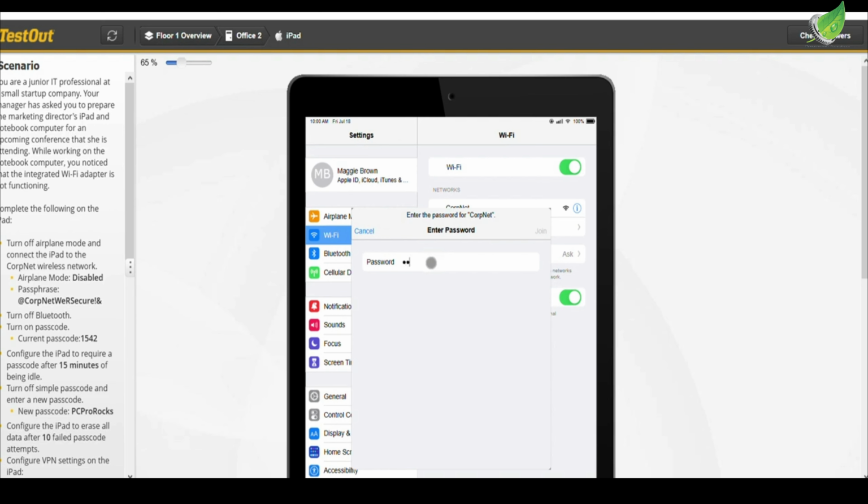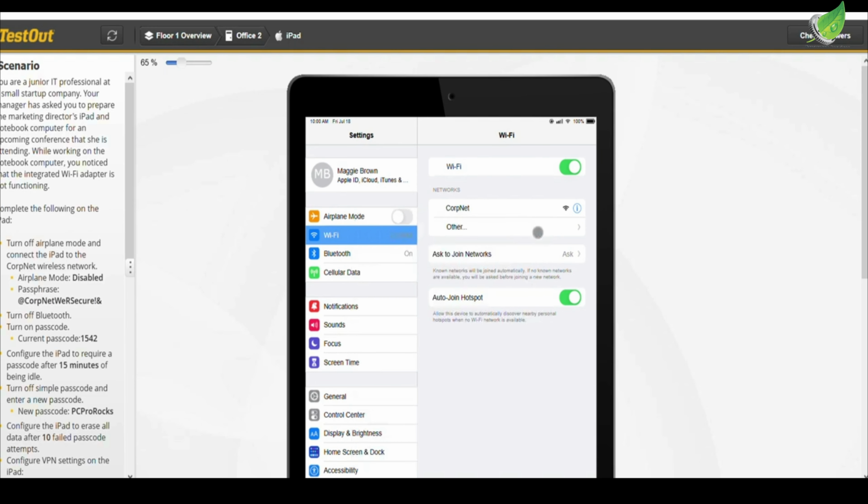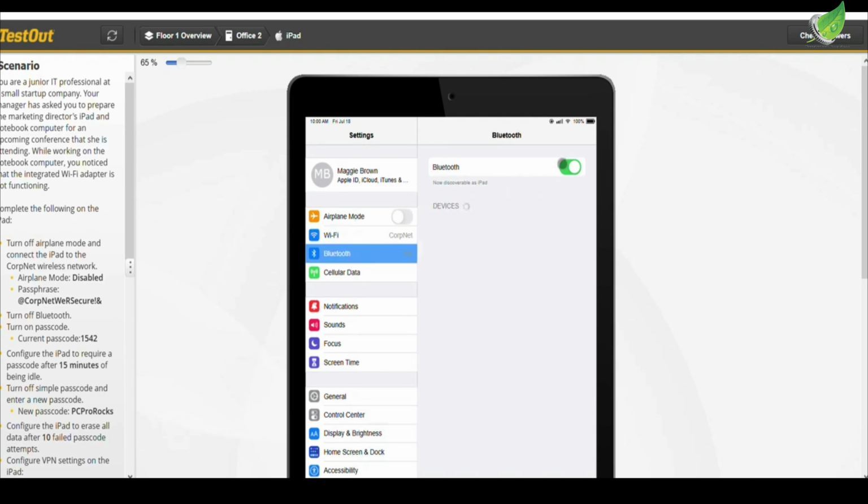You can copy this and paste, but I prefer to type this in. So we go ahead and join, and Bluetooth, we turn this off, and